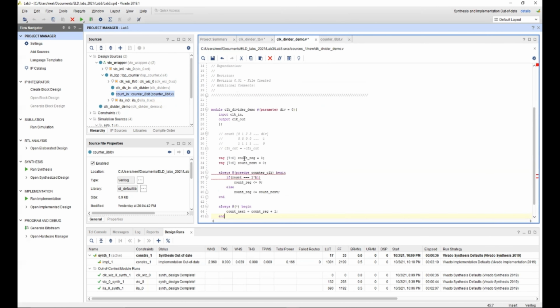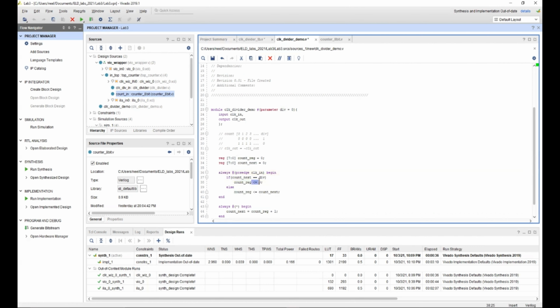So there will be a count rate and a count next. There's no reset here. The condition at which the count reset becomes 0 is when count reaches div value, so we can just write that over here. So when count next reaches div value... Oh, I need to also change the counter clock. This will be clock in, because this will manipulate the rate at which the counter increments. So count next is equal to div value.